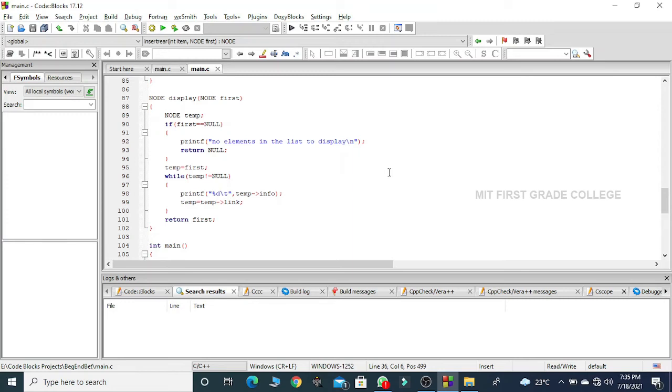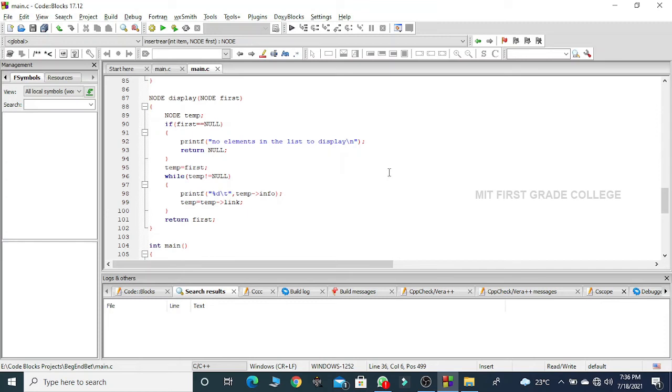If there are more nodes, the next node's address will be present inside the link part of the temp, and I will be assigning it to temp. If it is the last node inside my linked list, then the link part will have a null there. So null will be assigned to temp.